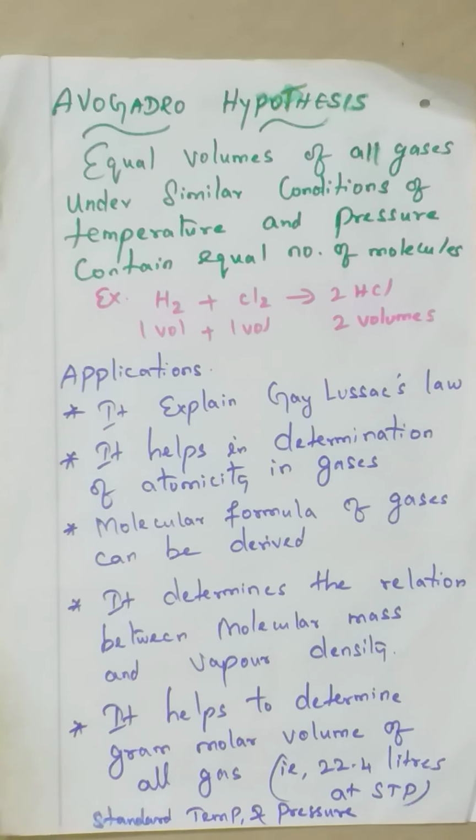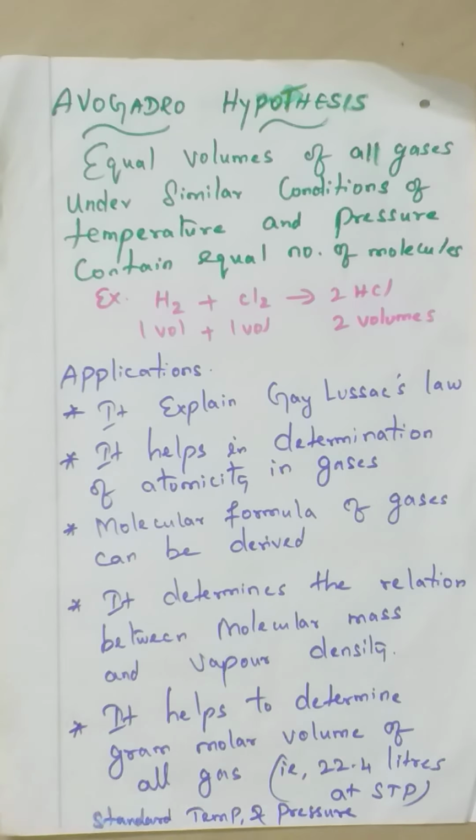The next question we are going to see is: state Avogadro hypothesis and write its application. The more important question in this chapter is the relation between vapor density and molecular mass. We already saw that one. Now the last theoretical topic in this chapter is Avogadro law, that is Avogadro hypothesis and its application. What do you mean by hypothesis? It's only theoretical. It is only an assumption, not practical.